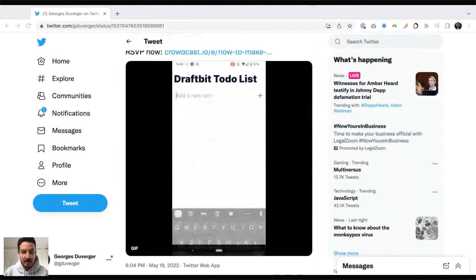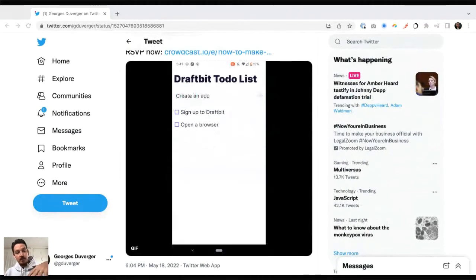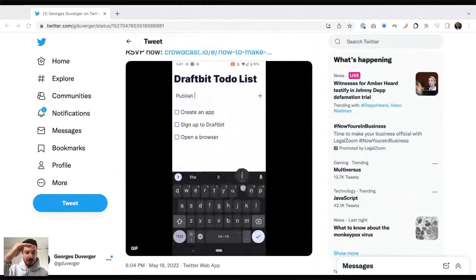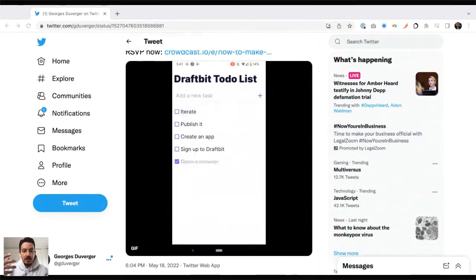You type your task in the text input. It's a to-do list, as I mentioned. You click the plus, and it adds it to the list. Everything in the list is ordered chronologically, so as you add one, it goes at the top. Once you've added a few, you can click the checkbox, and that will cross out the text to indicate that you've completed that task.